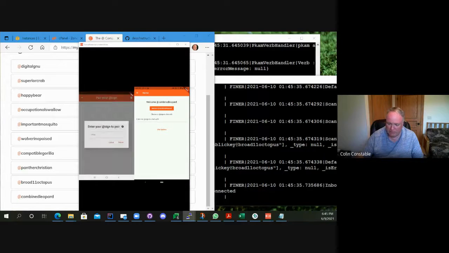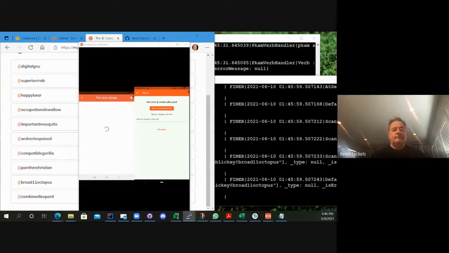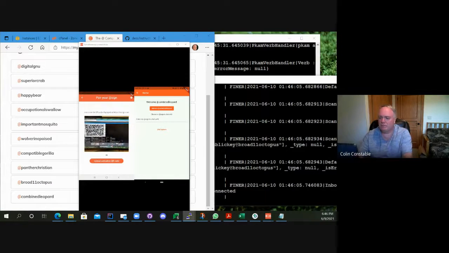So let's go on this one. And this one is Broad Octopus. No, Broad 11 Octopus. Broad 11 Octopus. Submit. And it asked me for the QR code. I've actually got the other QR code up now for Broad Octopus, so hopefully it sees that.